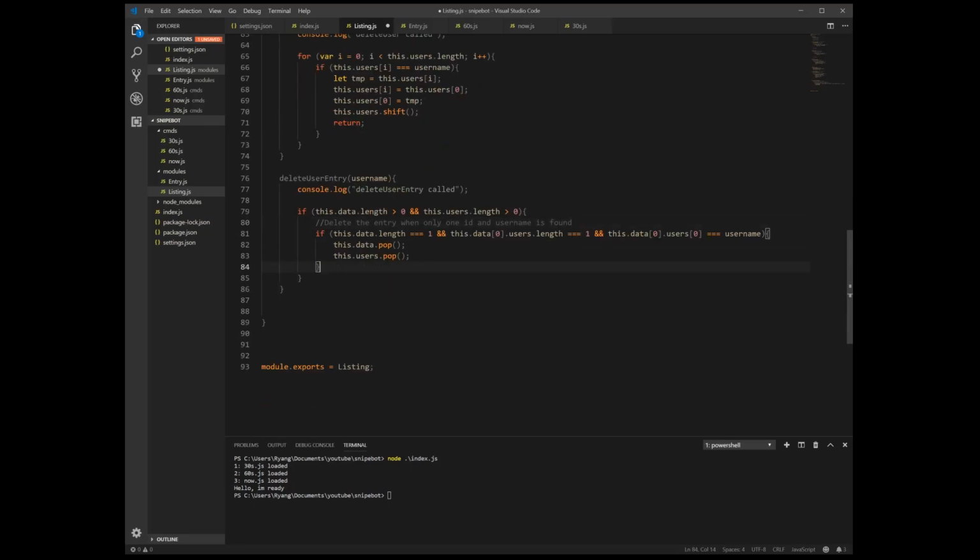Alright, so if we do this, we just restart from 0 technically. It's like if we have nothing in our array. Else, that means we do have information in our array. This is where we check if we have one username or more usernames in the same array. So we're going to start off by doing a for loop, for variable i equals 0, smaller than this.data.length.